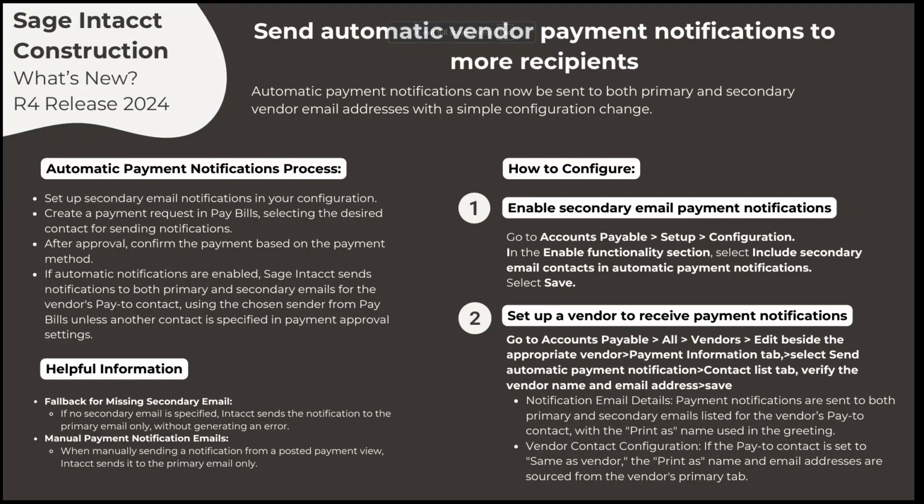Hi, I'm Tori, and today I will be showing you what's new in Sage Intacct Construction as of the R4 release in 2024. And we're going to be focusing on the automatic vendor payment notifications to more recipients. So now automatic payment notifications can be sent to both primary and secondary vendor email addresses with a simple configuration